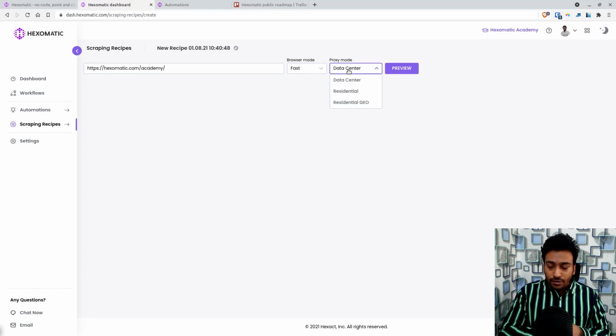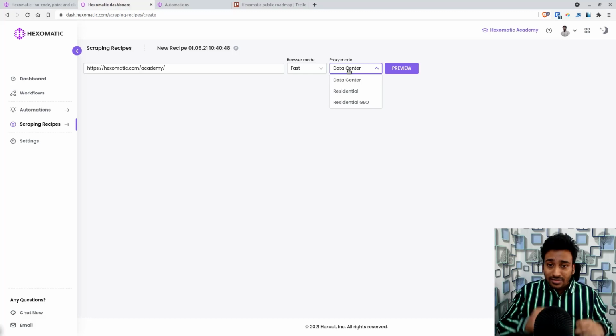Proxy mode is a different one, where you don't need to provide proxies for Exomatic. Everything is built in within the app itself. So when you select data center, it means whenever a scrape is going for a URL, it will automatically pick one IP from their pool of data center IPs and try to do the scrape or the functionality we mentioned.